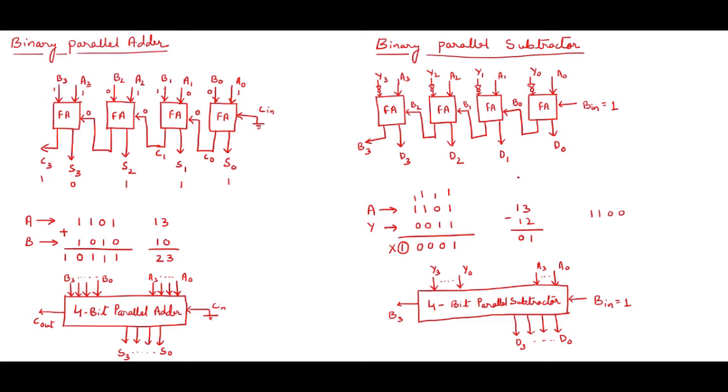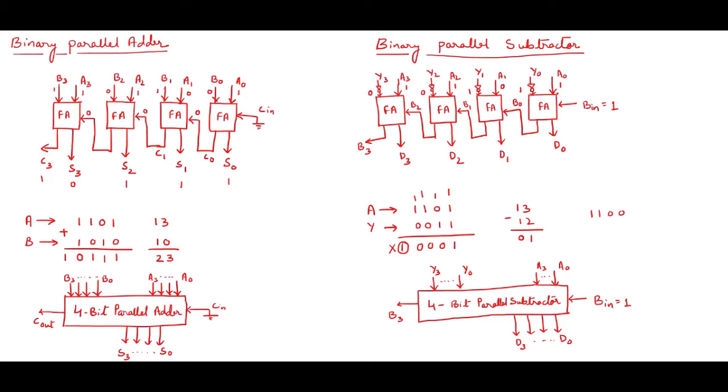Let us see whether the same thing is happening in the circuit. The connection is the same as I took in the full adder, so I'm not explaining the connections once again. Only the variable names I have changed. So for A the value is 1011, starting with A0 and ending with A3, so I'm taking the values 1, 0, 1 and 1. Y I have already complemented, so I will take the value down, that is 1, 1, 0, 0. This is the complemented value.